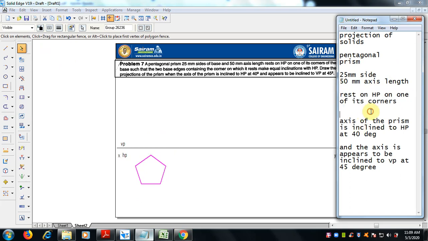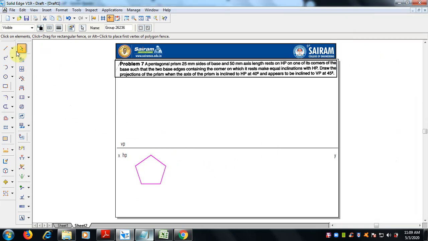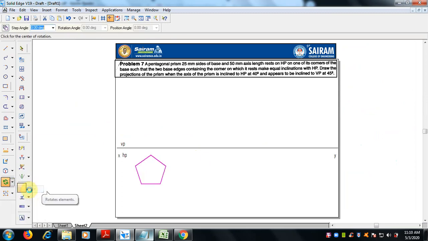So the pentagonal prism, we have to keep it, as already said, resting on the corner position. How do we do that? So go for the rotate command, and remove the copy option because we are going to rotate the whole thing. Select the center of rotation, we can select anywhere.